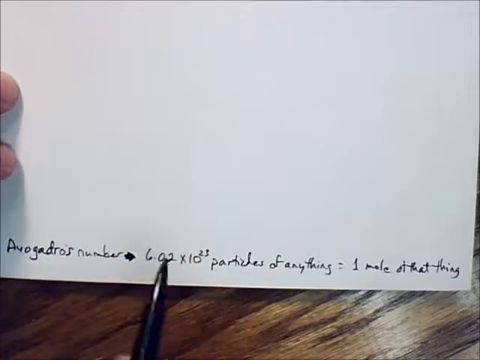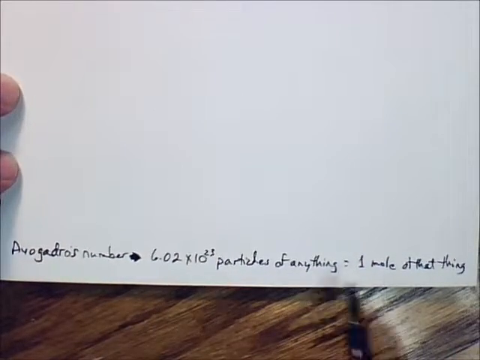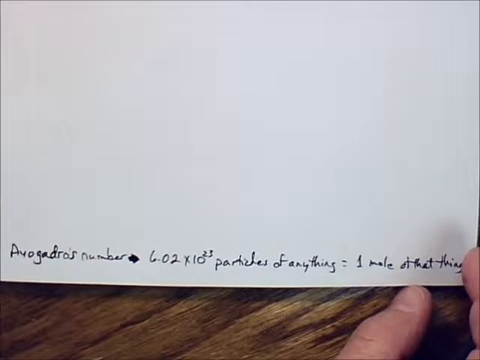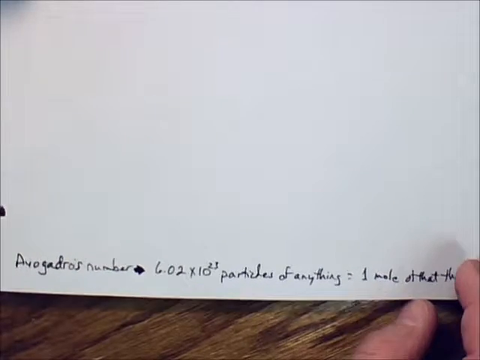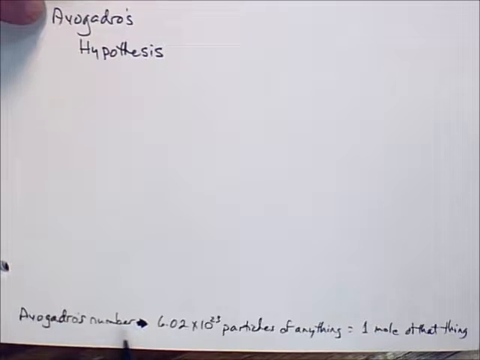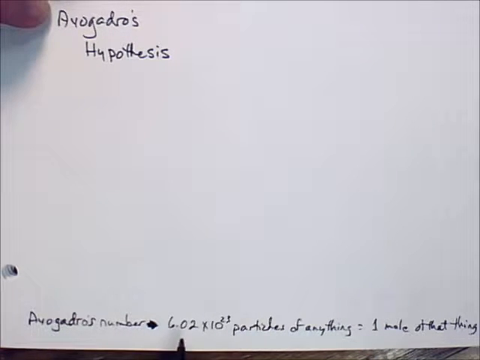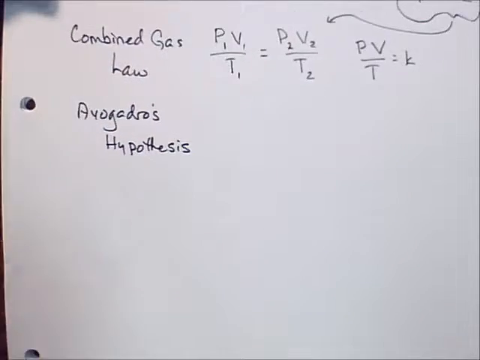Okay, and that's something you have to memorize. You have to know this number. You have to know this relationship. But Avogadro's hypothesis is what led to the discovery of this number. Avogadro didn't actually find this number. That was found by researchers many years later. What Avogadro figured out was that